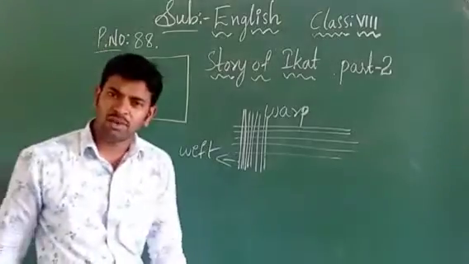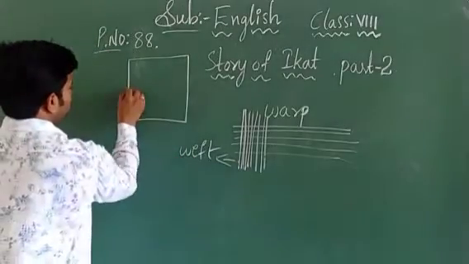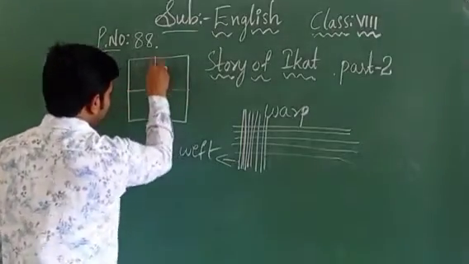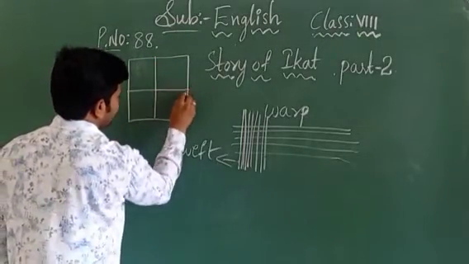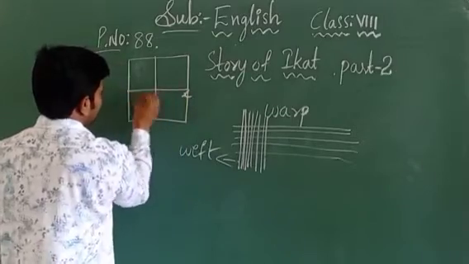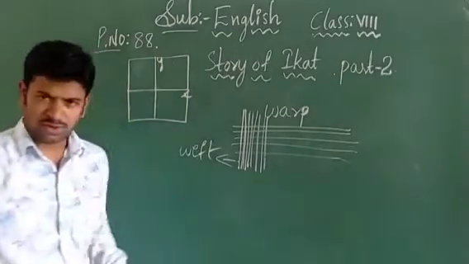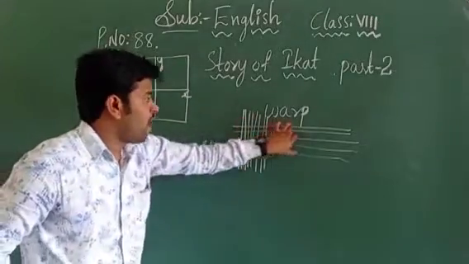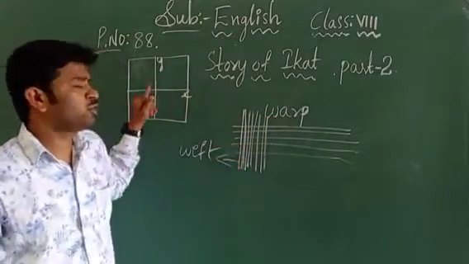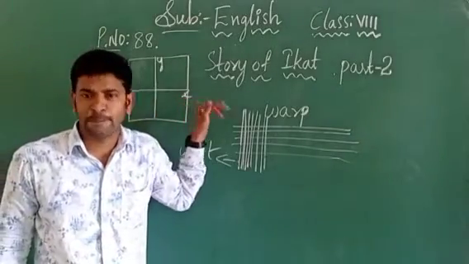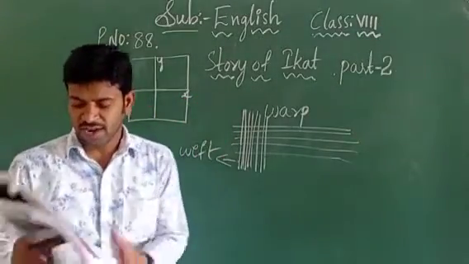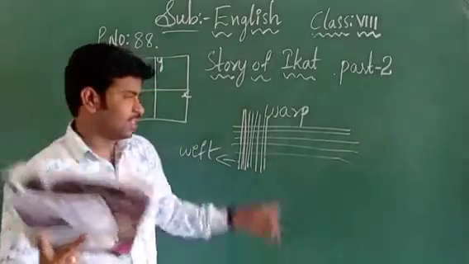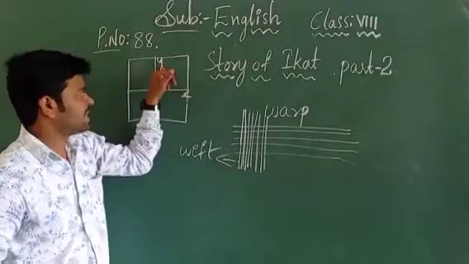Now if you want to draw a graph, then you should mention the x-axis and the y-axis. So you will be having these lines. You will draw the line. So this is the x-axis, and this is the y-axis you are going to draw. X-axis and y-axis. Now this warp and weft, how we are going to arrange them on this graph paper, we are going to see here, right? Imagine the graph sheet and the x-axis and the y-axis. Yes, already I have mentioned the x-axis and the y-axis.